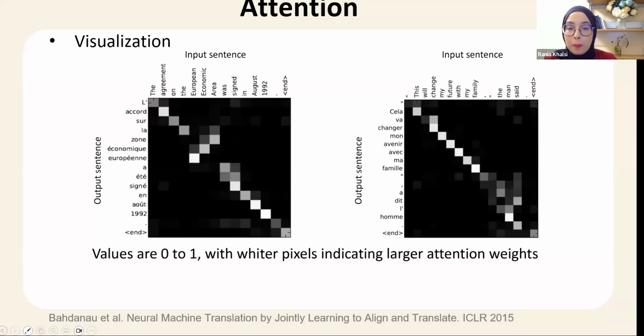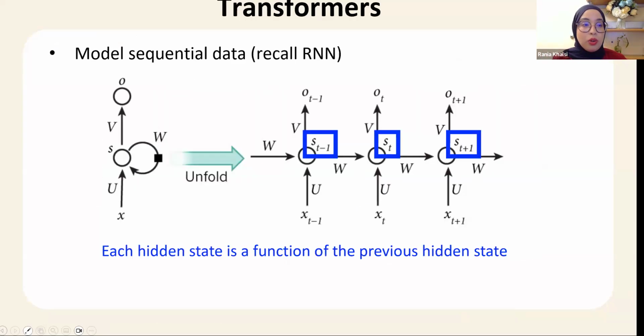Okay, so this way we can visualize the values. And by the way, these values are shown in grayscale, and we have white and black. Maximum is 1 and the minimum is 0. So their values are between 0 and 1, and they are indicating how much attention the model is giving to each input word. So attention is useful and attention is nice. Let me say attention is great, but